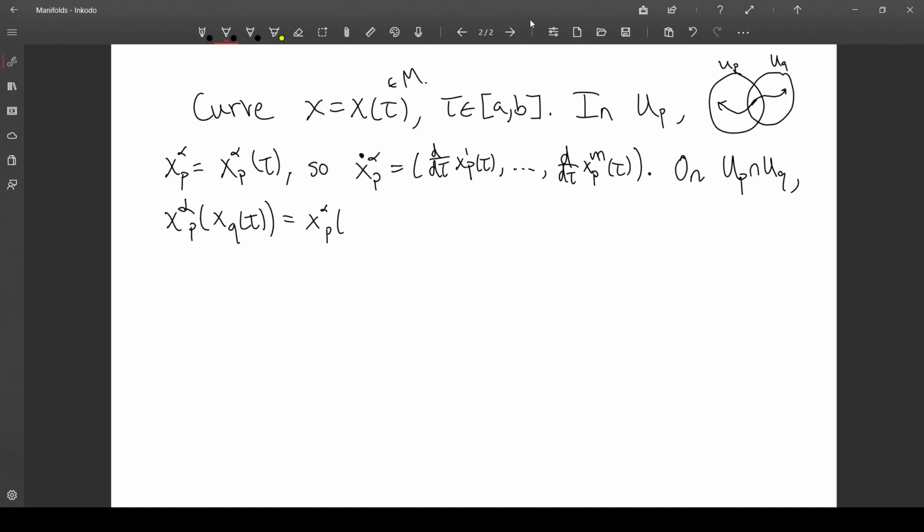But the UP coordinates are also parameterized by the curve, and it shouldn't matter which way we parameterize. So we should have that these two parameterizations are equal. And so now, if we take a tau derivative on both sides, we get that x alpha p is equal to d tau of x alpha p of xq tau, which is going to be, let me think. So we would have